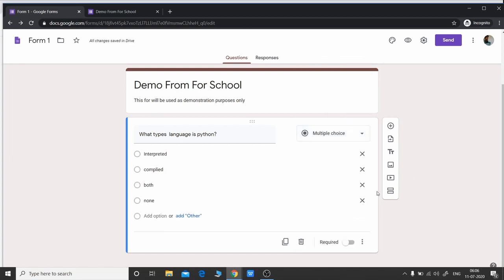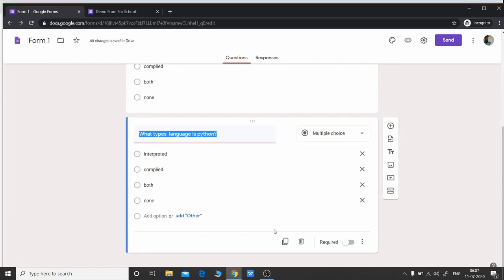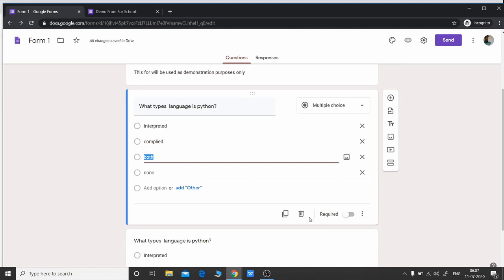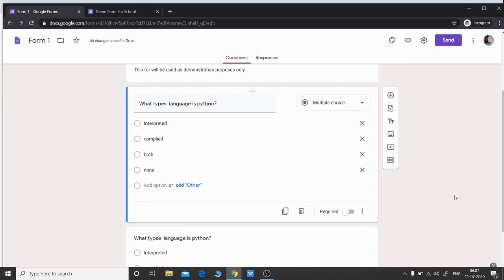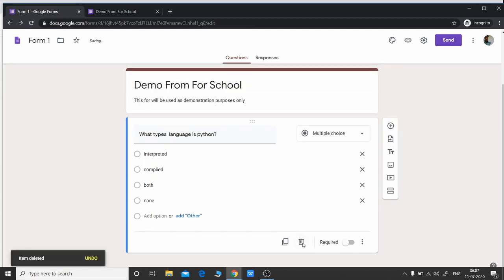And then here are certain options. I can duplicate this, whatever question is there, and just make another copy. If I just press on it, you can see the same question gets duplicated as another question also, right? Obviously if you want, we can remove it. So let us just remove the next one. If I press the dustbin, that option meant for deleting, it will get deleted.